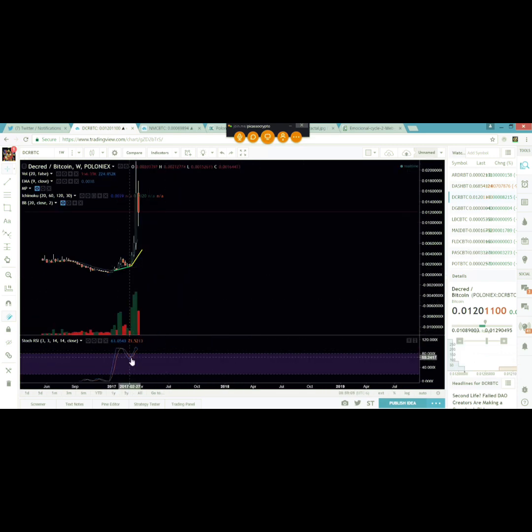Okay, now this, we knew in here that this weekly stochastic RSI was strong, and that was really the only indication. Actually, it was right about here. We had this weekly crossover of this stochastic RSI. That weekly crossover was really the only indication that this thing had enough strength to do that. And if you overlook that and you miss that, then that's your only clue. Honestly, at this point right here, where this thing took off was on this weekly crossover of the stochastic RSI strength. So if you were paying attention and saw that weekly strength crossed, then it kind of gives you an indication, whoa, this could have enough strength for a larger move.